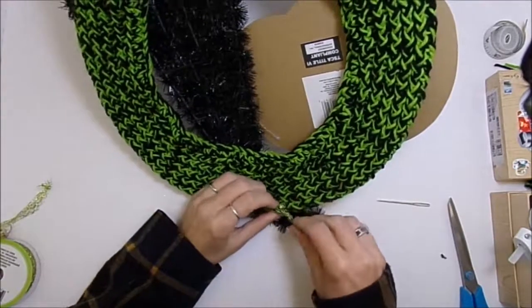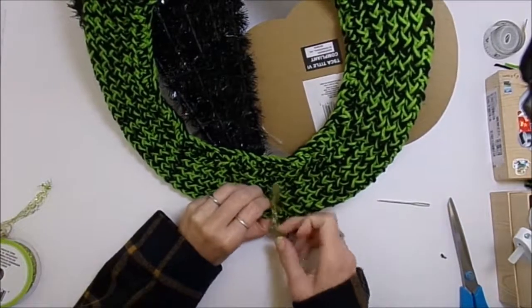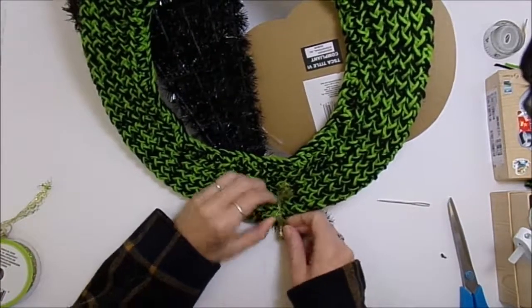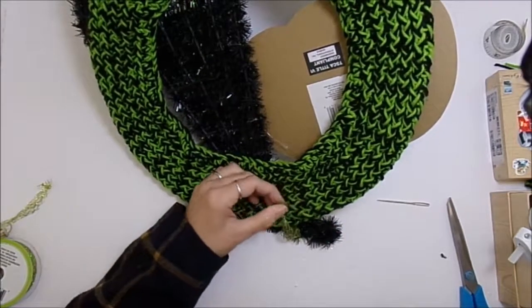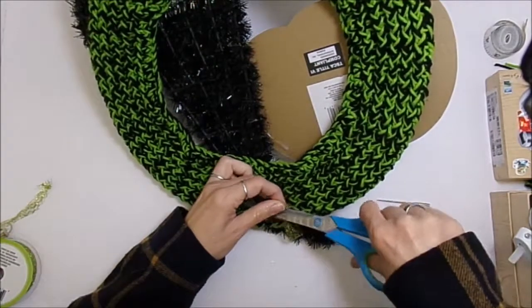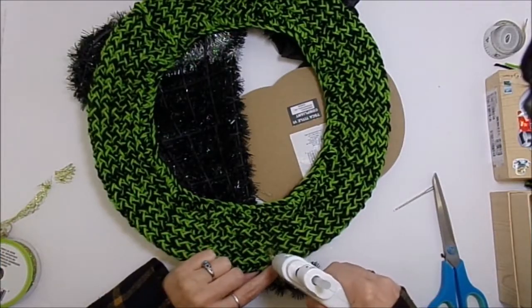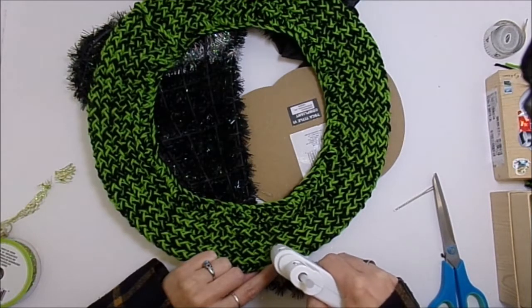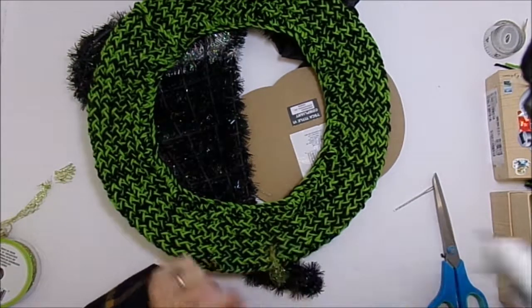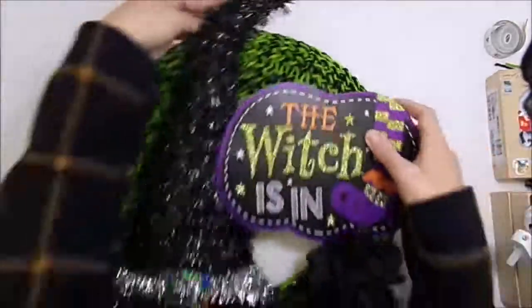So I'm just going to kind of pull it back through if I can manage to do that, and then just trim this off. I am going to put a dab of hot glue right there on that knot, just to keep the knot from coming undone. So now you have your loop, and